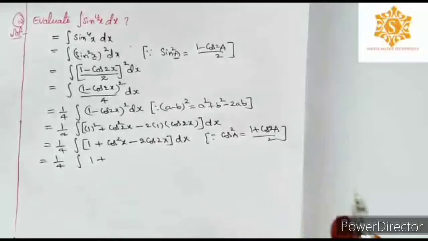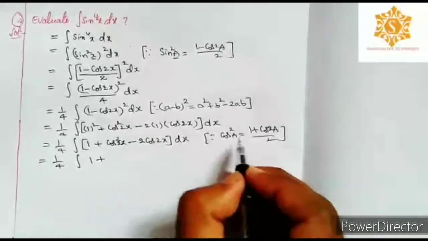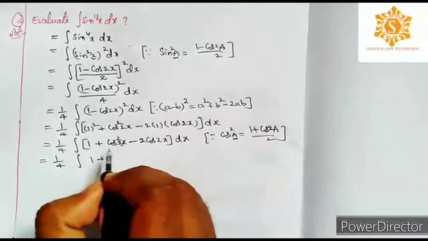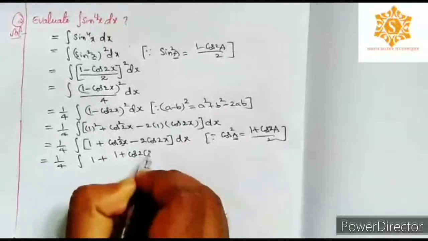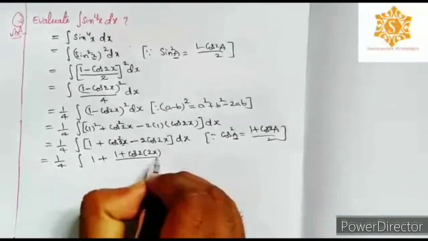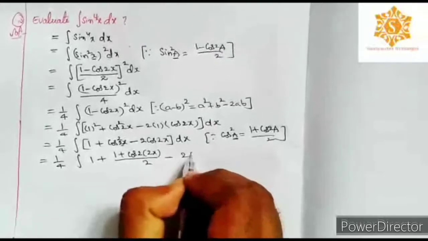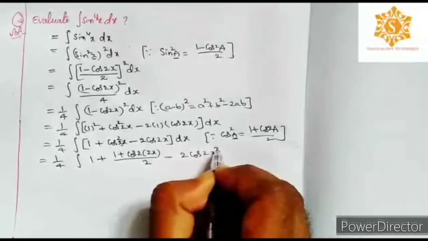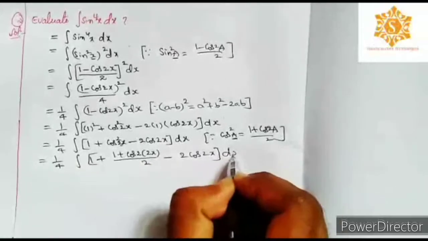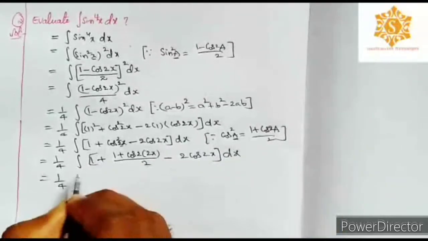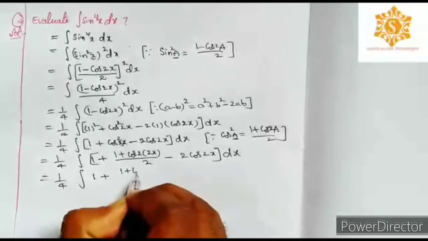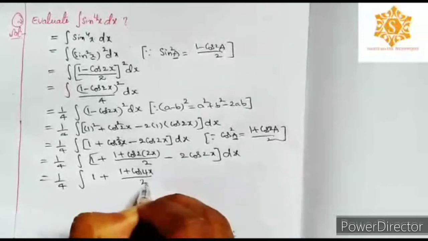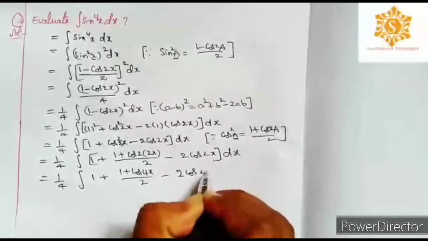Sorry, cos square 2x. So cos square 2x, here a value is 2x. You can write (1 plus cos 2 into 2x) by 2 minus 2 cos 2x whole dx. So 1 by 4 into integration of (1 plus cos 2 into 2x), value is 4x, by 2 minus 2 cos 2x